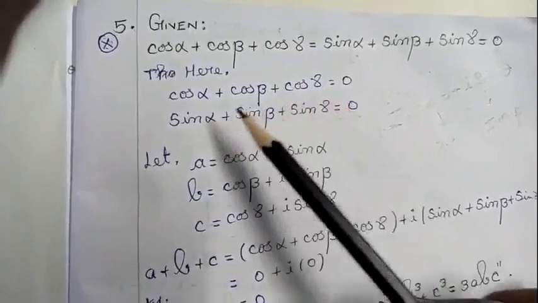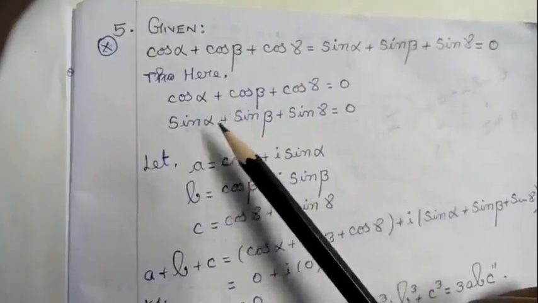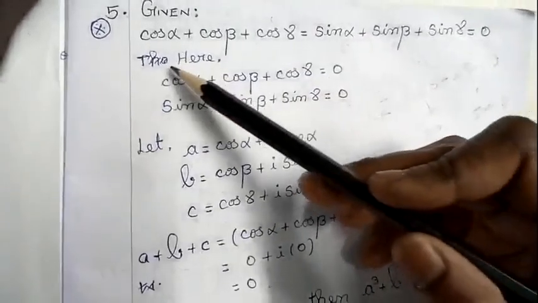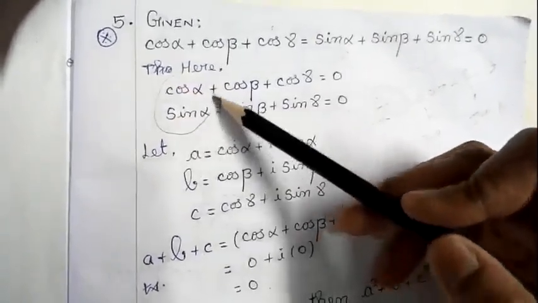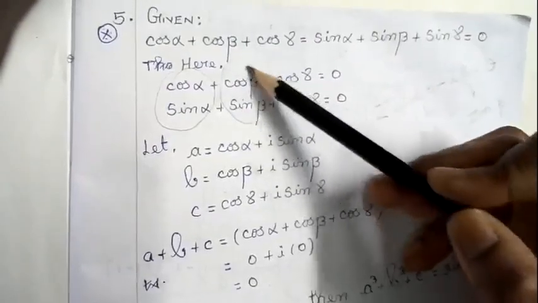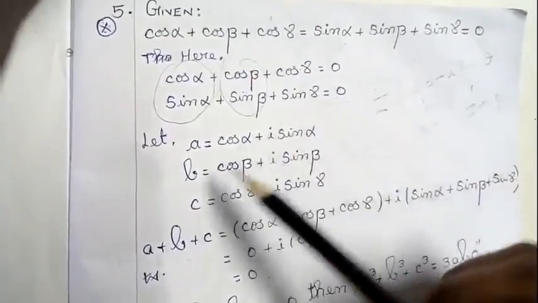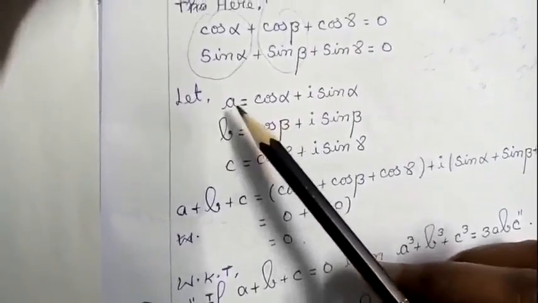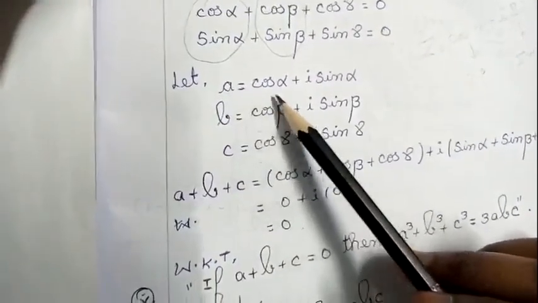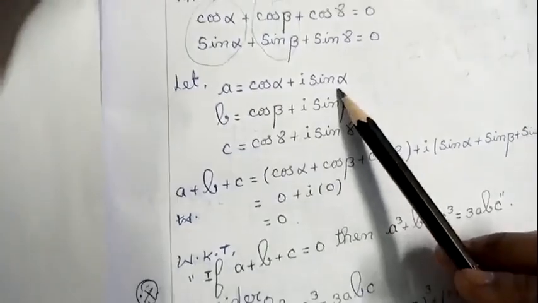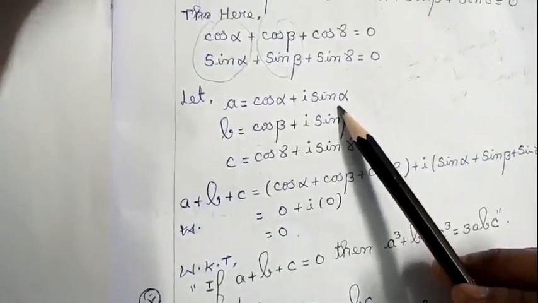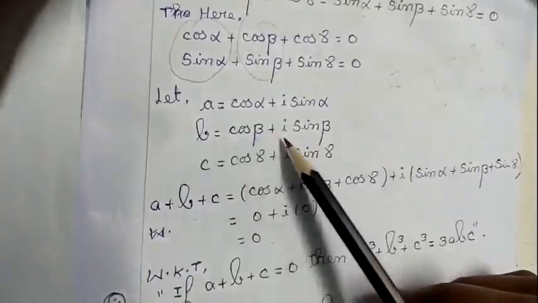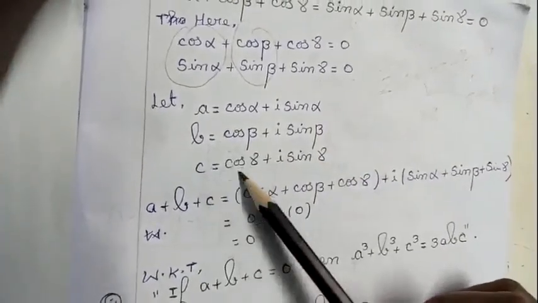If you see here, I am having 3 angles, that is alpha, beta and gamma. What I am going to do is join cos alpha, sin alpha, cos beta, sin beta and cos gamma, sin gamma. That is, I am going to take 3 notations A, B and C. Let A equal to cos alpha plus I sin alpha. That is, I am just writing in the form of a complex number. Cos alpha plus I sin alpha, B equal to cos beta plus I sin beta, and